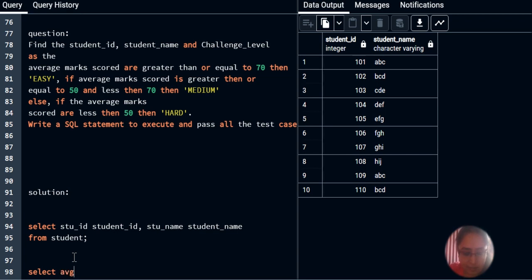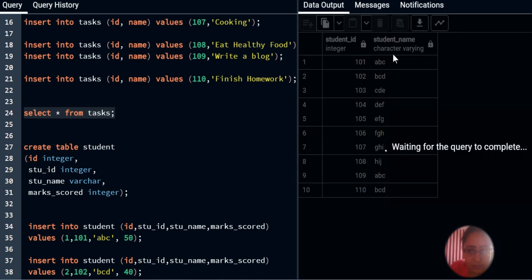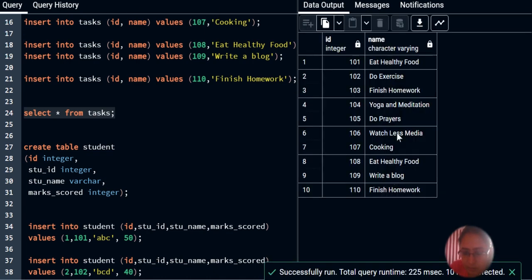So if you select average, we use the SQL function AVG of the marks scored. From where? I know I can select it from the student table. I also want one more thing, which is the task name. How can I select the task name? One thing I forgot here. The task name I can select from the task table. If you see the task table, we have the names over here, right? Name is here. So it's called